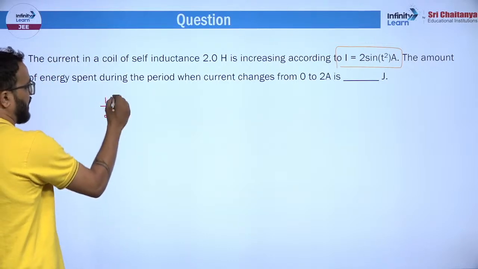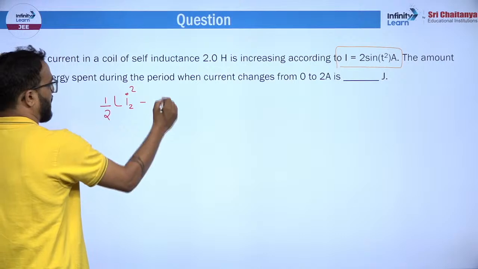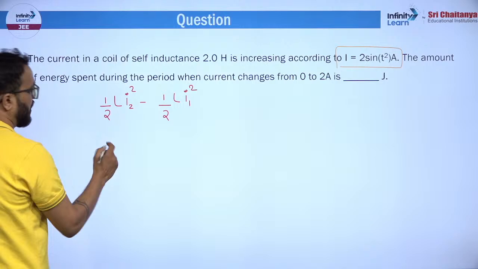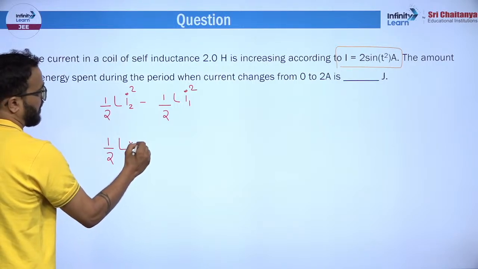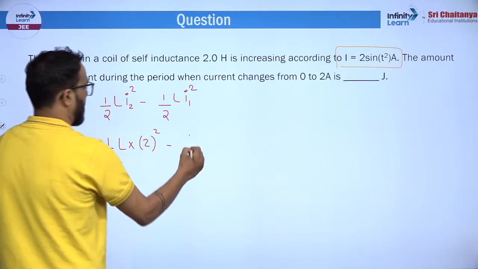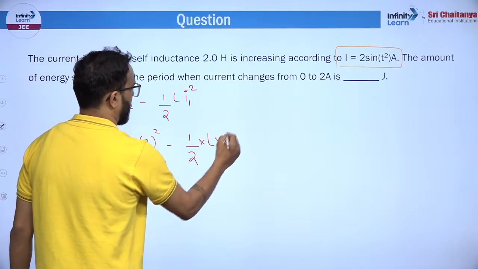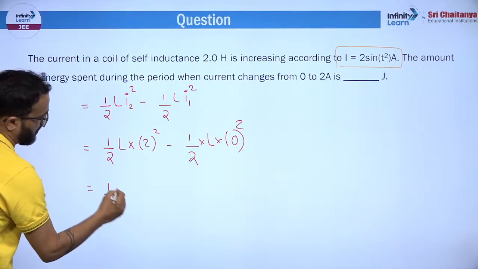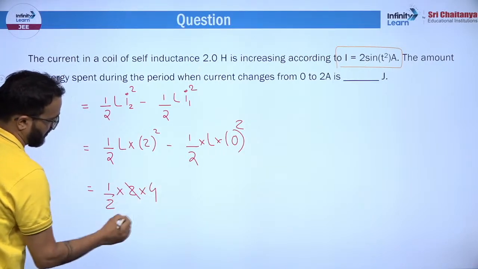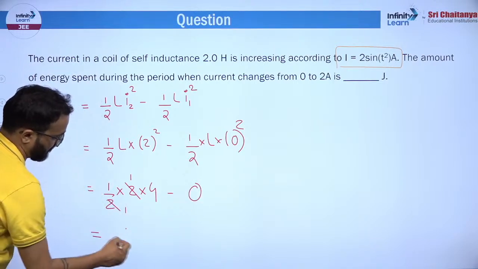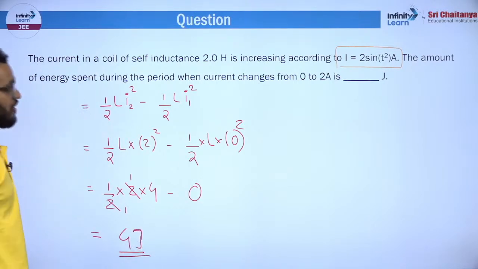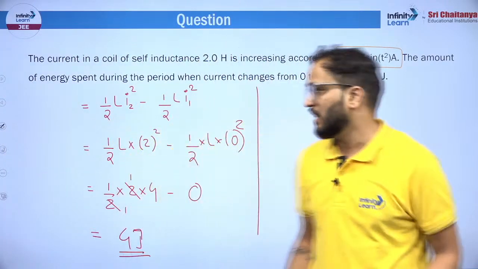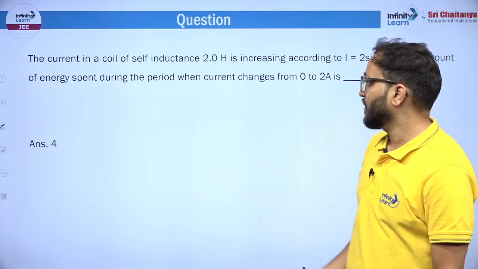आप बोलोगे सर, half L I2 square minus half L I1 square। 0 से 2 एम्पियर, तो भाई 0 था पहले, तो फाइनल एनर्जी कितनी हो जाएगी? Half into L into 2 ampere whole square minus half into L into 0 whole square। ओके, सो योर आंसर विल बी, L इज हाउ मच? 2। Half into 2 into 4 minus 0, आंसर विल बी 4 जूल्स। अब इसको आप बहुत ही गंदे तरीके से सॉल्व करके भी निकालो, उससे फर्क नहीं पड़ता। भाई इंडक्टर की एनर्जी तो half L I square होती है ना, करंट कैसा भी वेरी करे उससे क्या लेना देना। ठीक, आंसर 4 है।